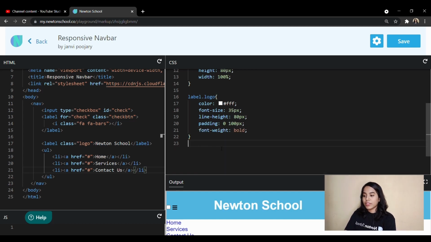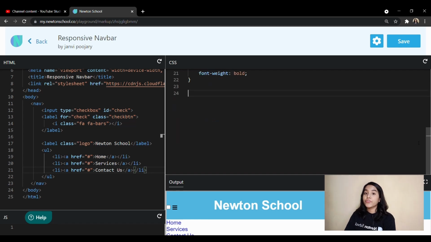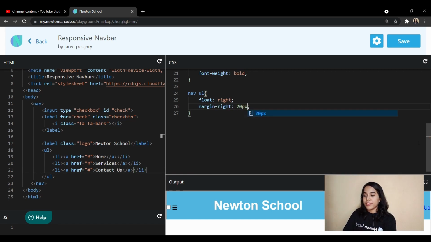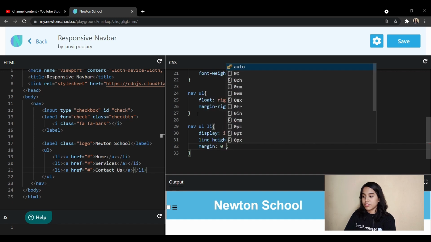And one more thing, we have to move our menus to the right side, so we will do float as right, and let's give it some margin right as well because it was going too much to that side. And then to bring all of them in the same line, we will say that display should be inline block, and we will give it some line height similar to our logo and also some margin.